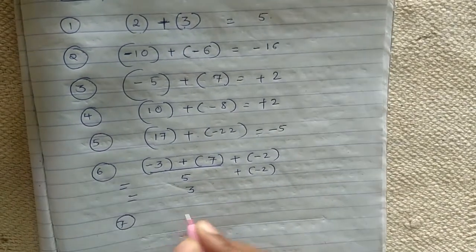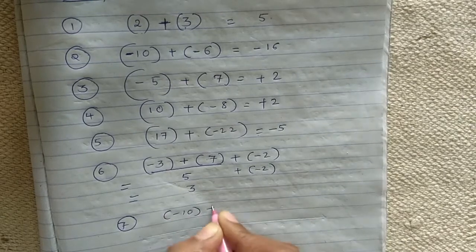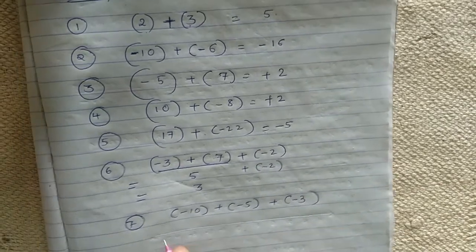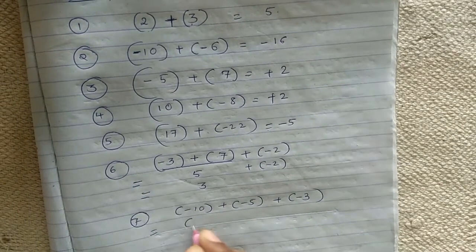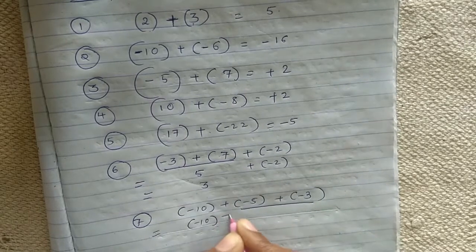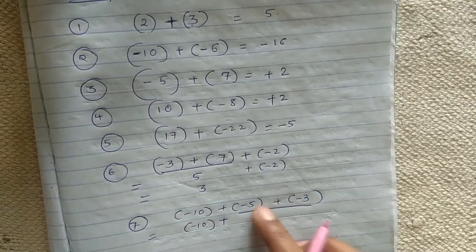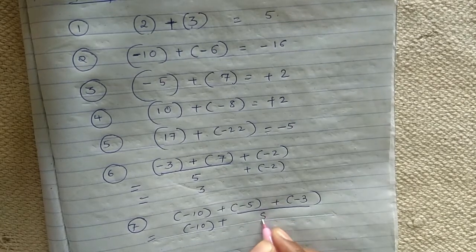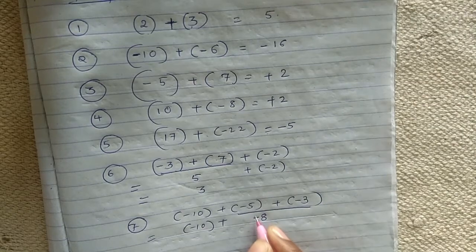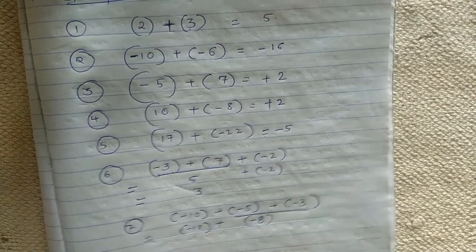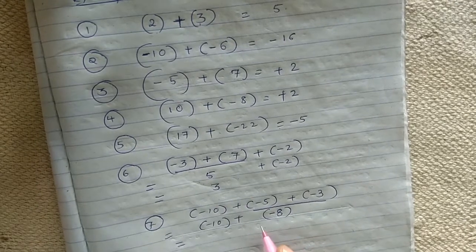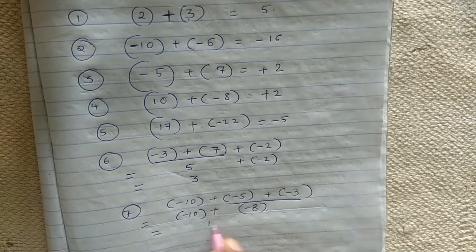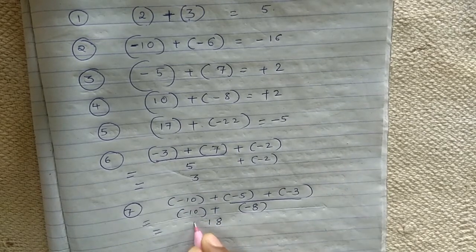So let us take one more example. You can keep this first integer as it is if you want, and you can operate these 2. Plus, still we have not added. The answer of these 2 we will add to the minus 10. So both are having same sign, so we will add 8, and sign of greater digit, that is minus. Now we remain with 2 integers. Both are having same sign, minus, so we have to add them. 10 plus 8 is 18. Give the sign of greater digit, that is minus.